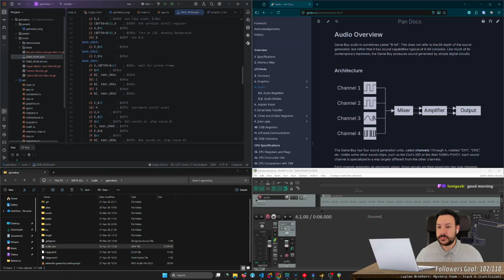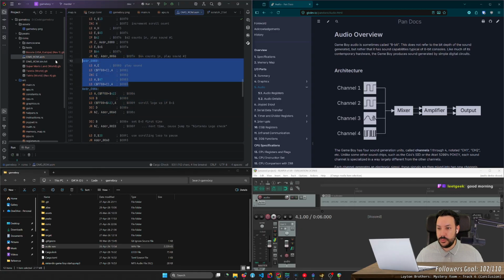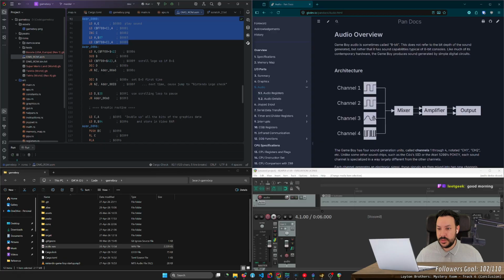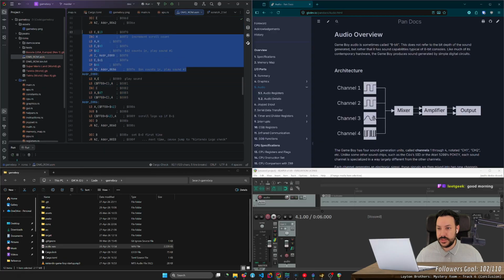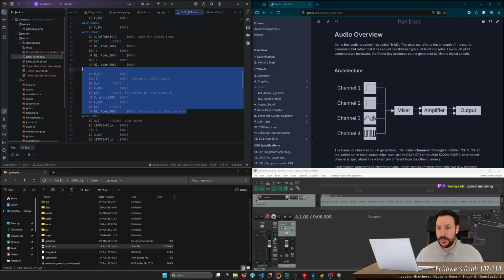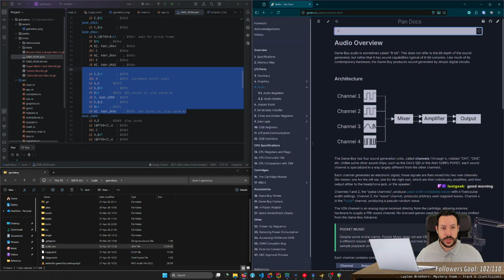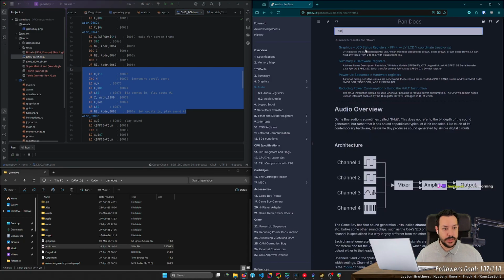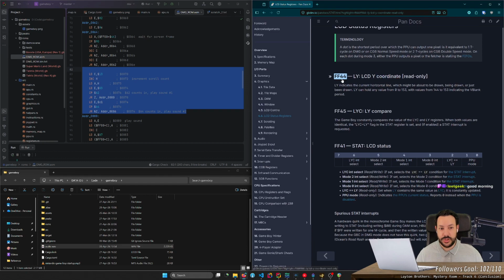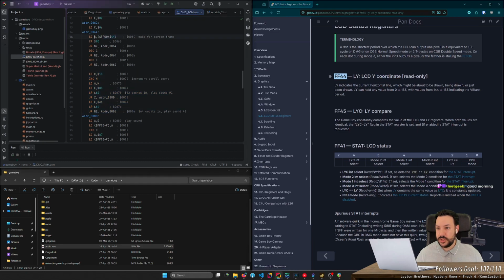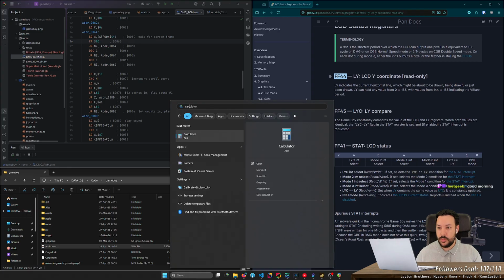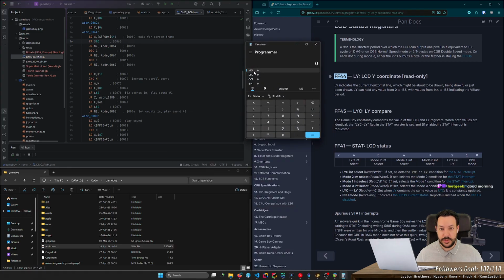But I don't think we will need this loop code here. It's essentially waiting for, I mean, we can quickly disassemble it. It's checking the current line that it's rendering, FF44, storing it into A, and then comparing it with 90 in hexadecimal, which is 144. So it's waiting for a full frame.